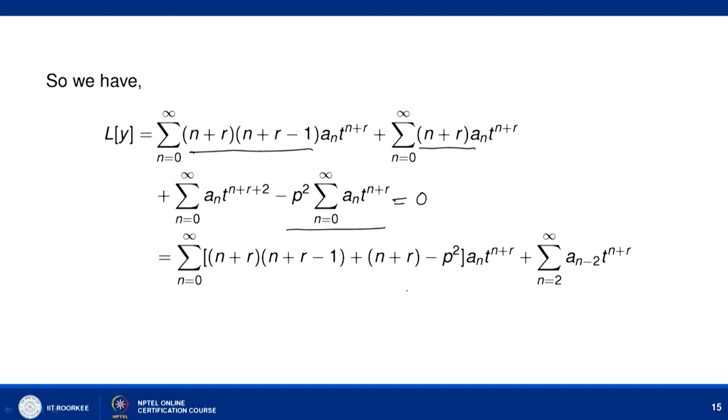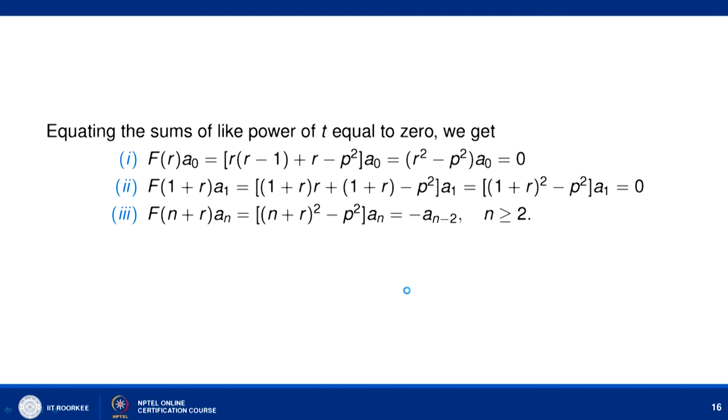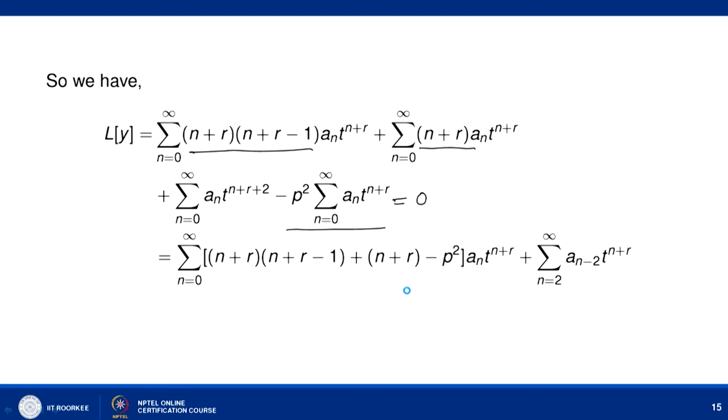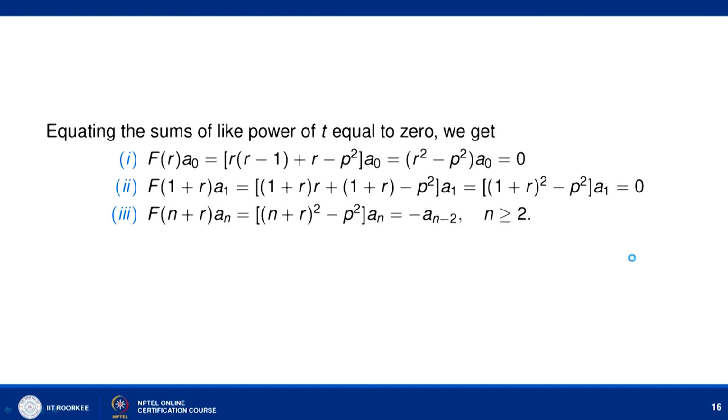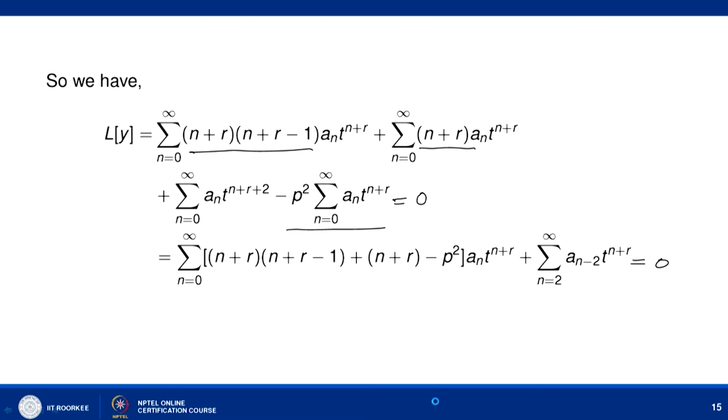So once we calculate Ly, then we can say that solution y is a solution of this, provided that this quantity is equal to 0. So we need to find out that this expression has to be 0. So equate the corresponding terms of t to power n to 0 here. So first look at the coefficient of t to power 0 equal to 0, and here you will get the lowest degree term, which is t to power r here.